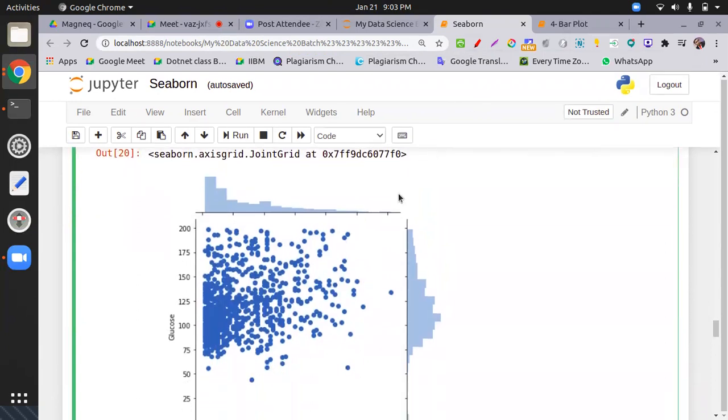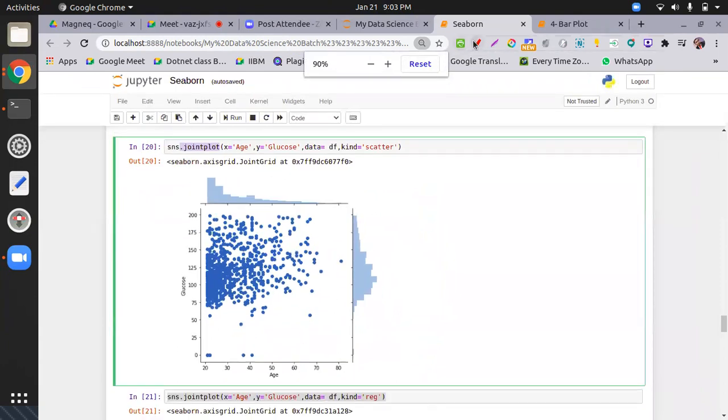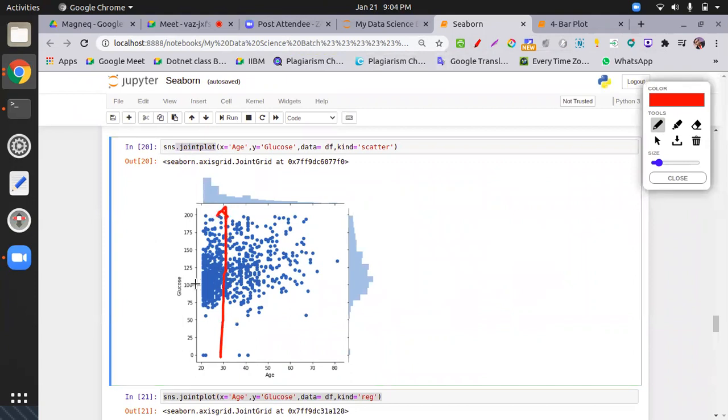You have two columns: the age histogram is shown here and the glucose histogram is shown here. Where both histograms are highest, their cross section produces a dense area, meaning the major number of points are in that area.